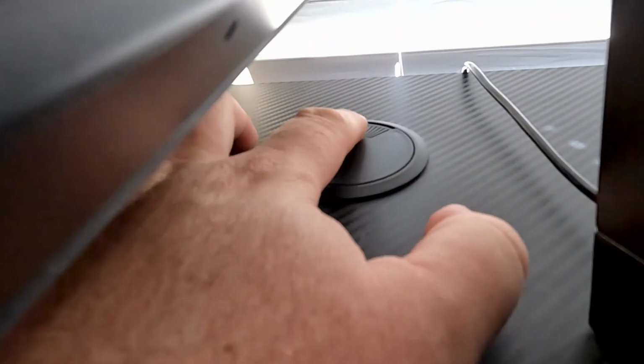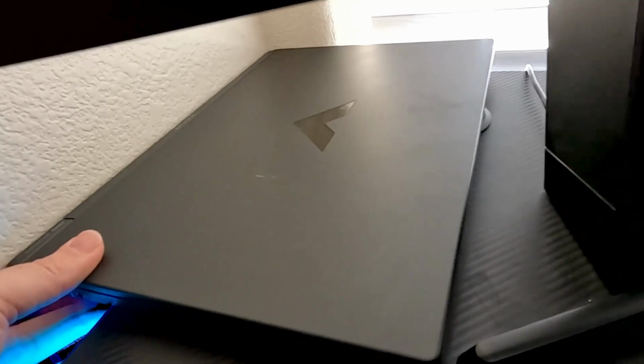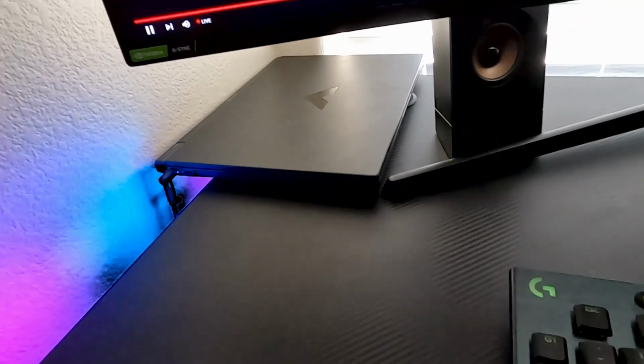I think it would have been easier to reach and make it much more accessible. Again, there's the cable grommet here that is very accessible. I don't use them. Again, I never have, but the functionality of it was very nice. Again, very simple. There isn't much to it, but